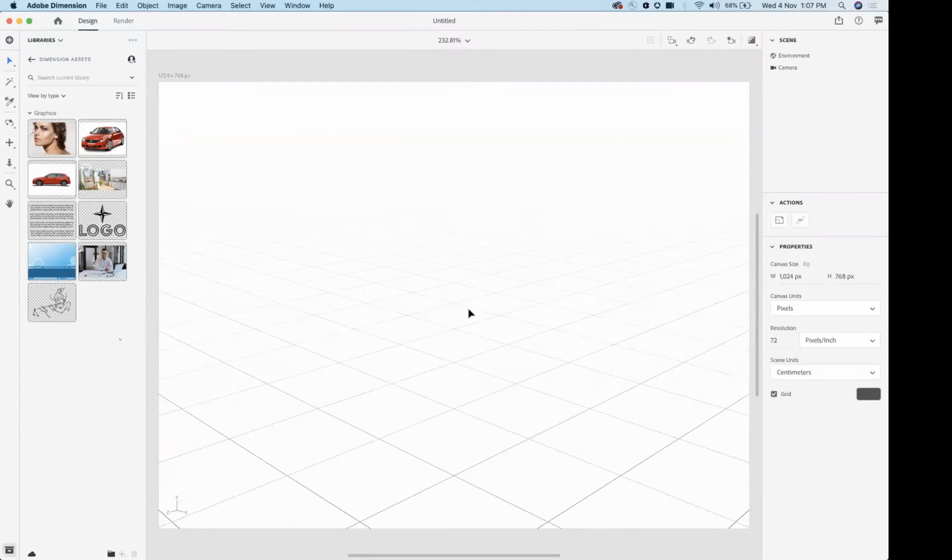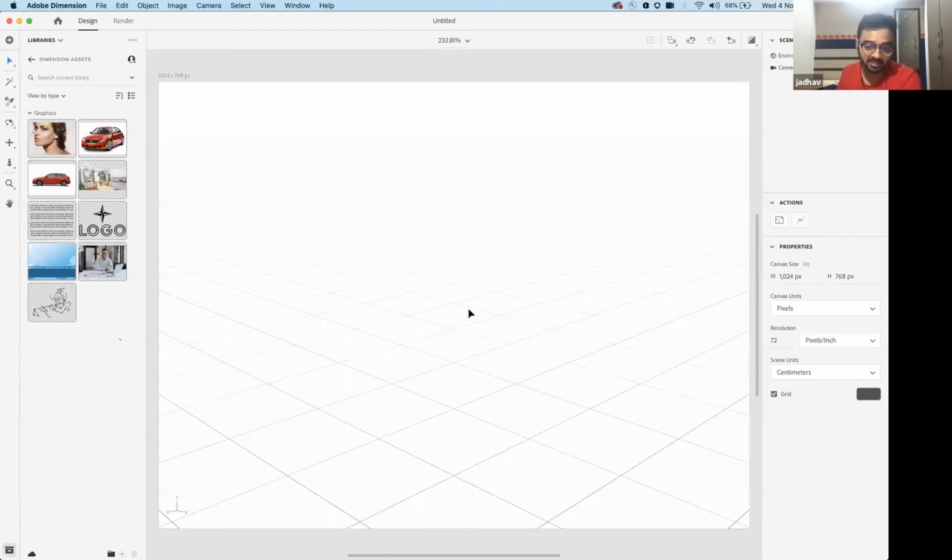Okay. Now let's get into Dimension. So Adobe Dimension is actually one of the 3D solutions of Adobe. Now Adobe was always into 2D like Photoshop, Illustrator, and InDesign. You can also do a good level of 3D within Photoshop. But taking it to the next step, how will a Photoshop guy use Adobe Dimension as a tool? For example, if I tell a Photoshop guy, hey, you have to work on 3D, he'll get a little bit afraid because 3D is a completely different scenario for a 2D guy to jump into. But Dimension is a very simple product, and even a Photoshop guy can very quickly learn Dimension.